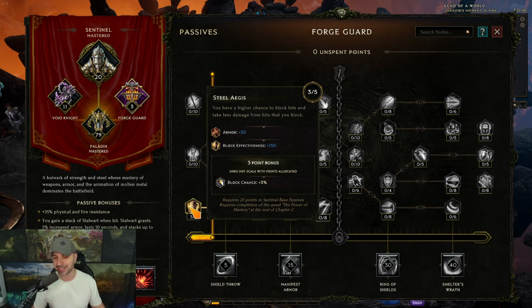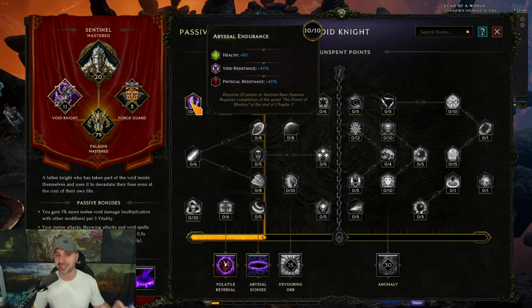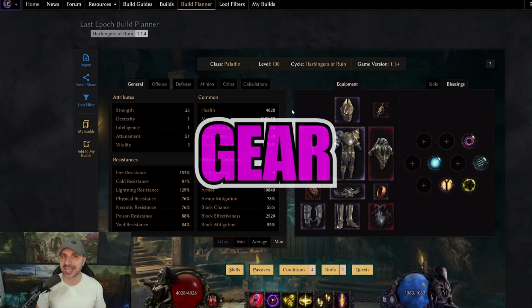some block effectiveness and block chance, and 11 points into Void Knight, which is going to give us physical resistance, void resistance, health, and 10% or 11% multiplicative damage. Those are the passives. Moving over to Last Epoch Tools, we're going to break down the blessings, idols, and gear,